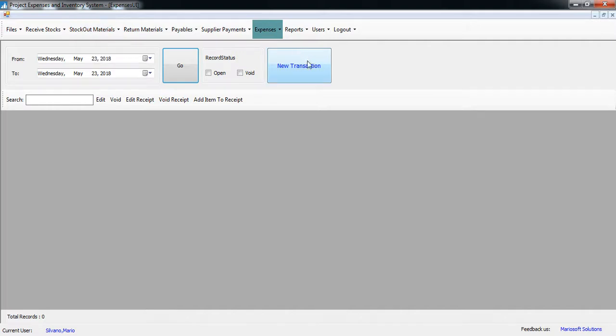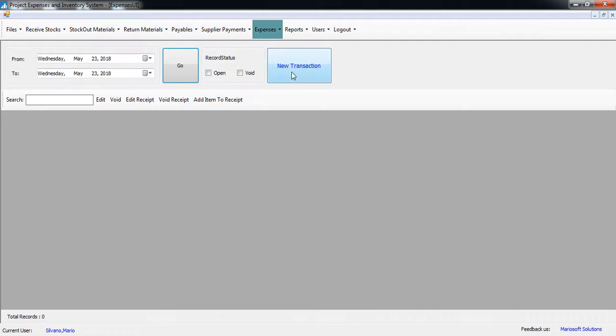So the same pattern with the other transaction, wherein we have here the date range, and then click go, and the records will be listed here, and we can edit the receipt, void the receipt, or add item